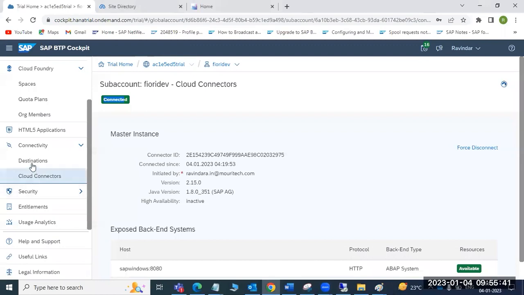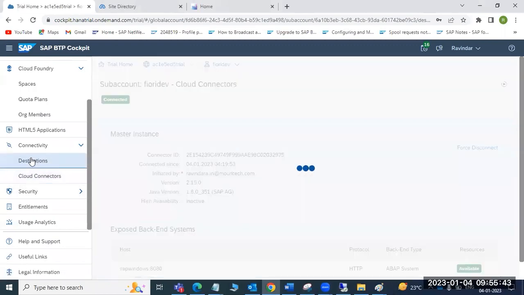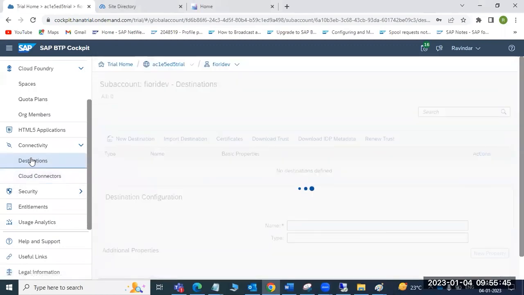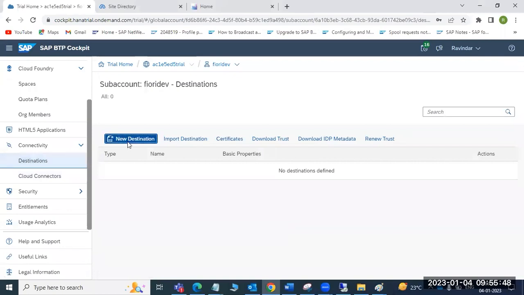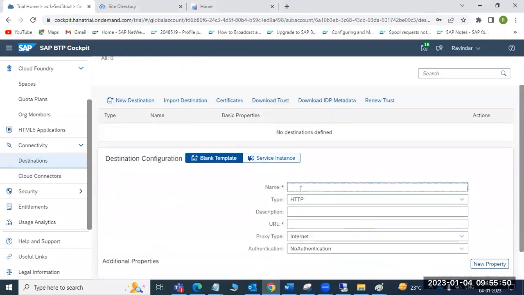Okay. So now you can deploy the destinations, like RFC destinations. You can deploy them. Just click on create destination. Even we can import the destinations as well.